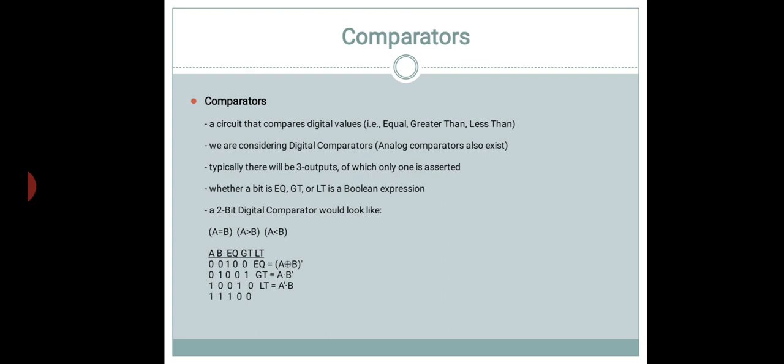We can get the equations when we use K-mapping. So equal to is defined with the help of A XOR B, then greater than is A and B dash, less than is A dash and B. So with the help of these three equations, we can define the 1-bit comparator.